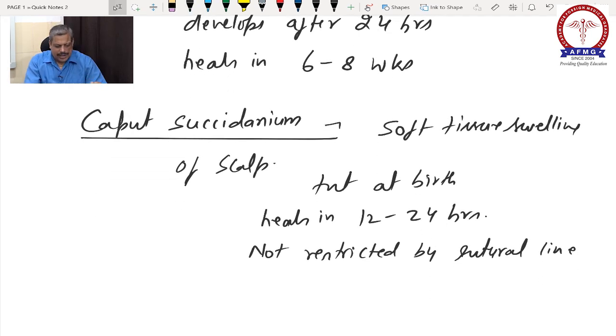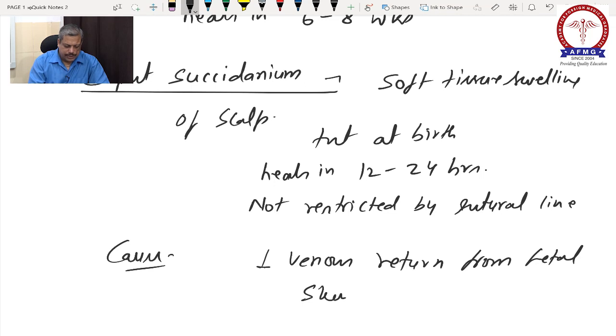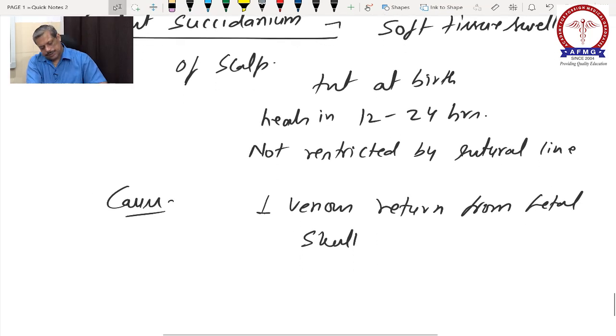Why does this swelling, caput succedaneum, appear? Due to decreased venous return from the fetal skull. So why decreased venous return? Because the head of the baby is compressed by the birth canal from all around. So venous return is decreased, which causes formation of a swelling known as caput